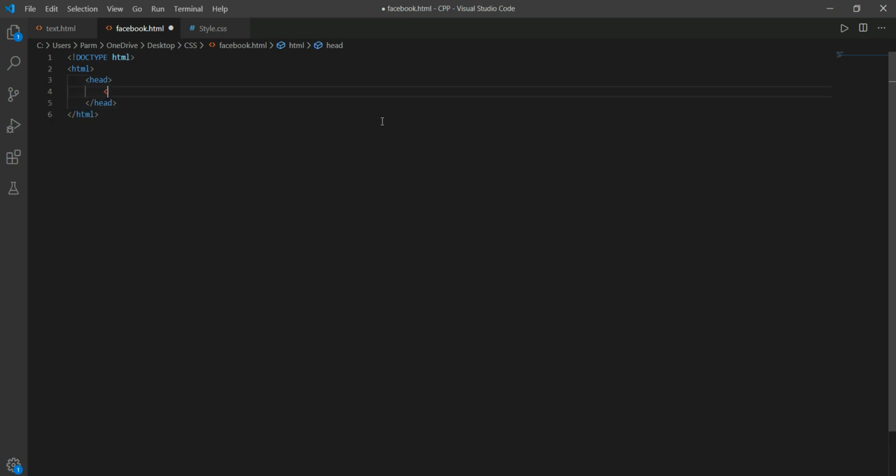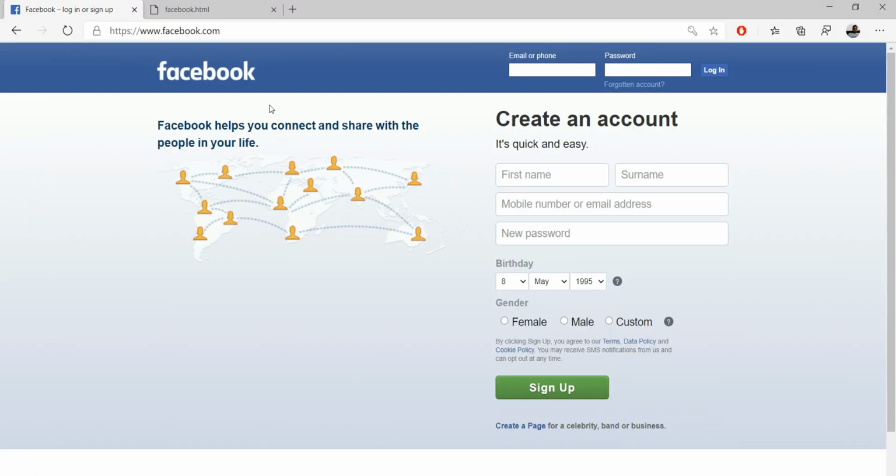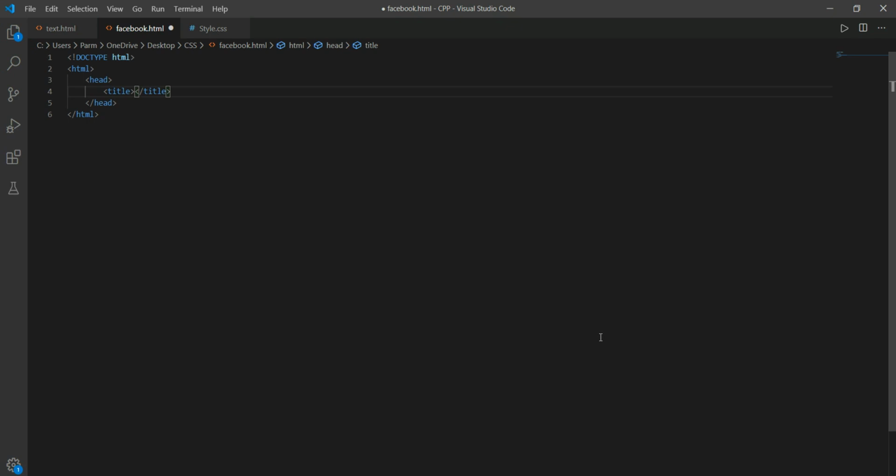In the head we write our title. If we go over there, we see the title is displayed as Facebook login or sign up. So instead of Facebook we will just use Facebook.